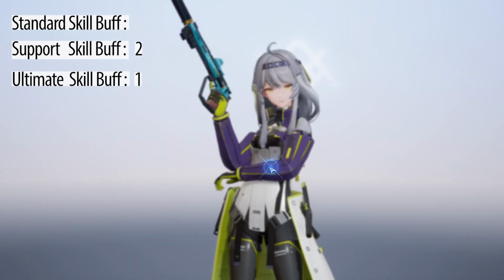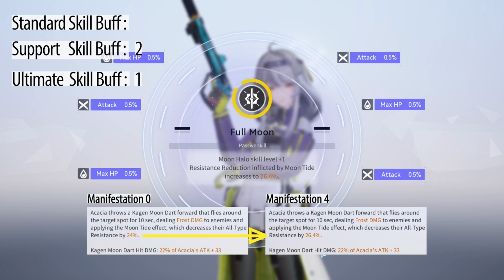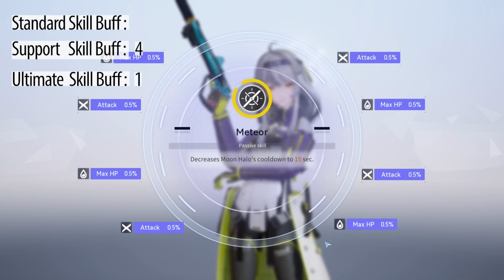The next manifestation is Moon Halo skill level will increase by 1, and the resistance reduction inflicted by Moontide will increase to 26.4%. The last manifestation upgrade decreases Moon Halo cooldown from 20 seconds to 15 seconds. This one is a very useless upgrade, so I don't recommend you level up until you reach this manifestation, because